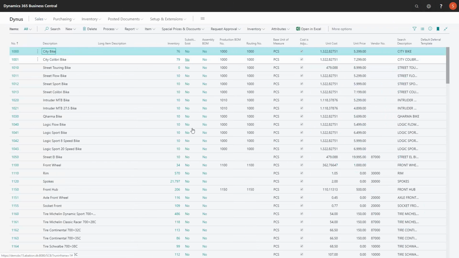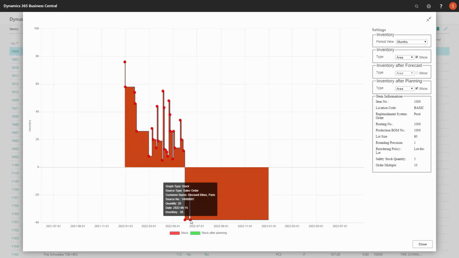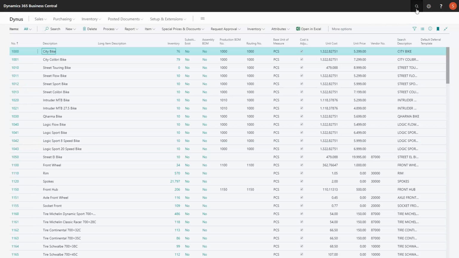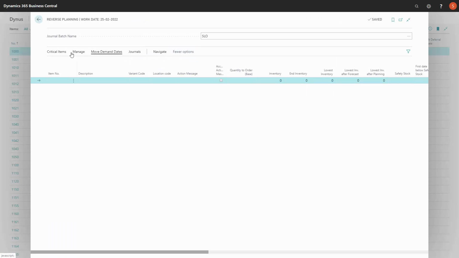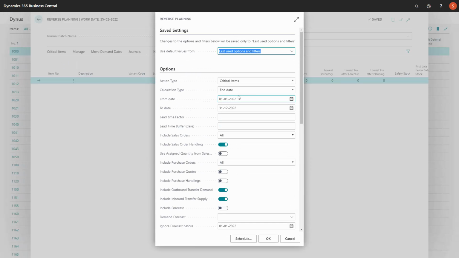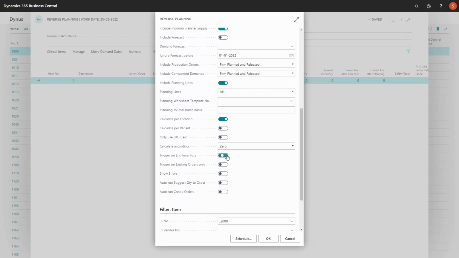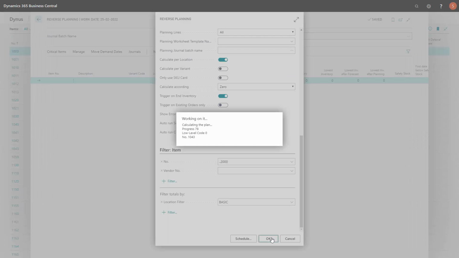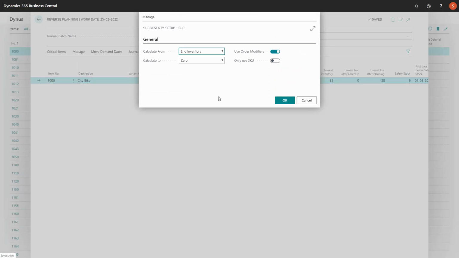If I look at the graphical profile now, I will expect the inventory to be somewhat zero. So I have a lack of 38 pieces and it will make noise on other sales orders. If I enter the reverse planning, first what I would like to do is to calculate for critical items, finding critical items, and I would expect at least this sales order to be critical, looking only for end inventory and on location code basic. This will provide at least this one line, and I could suggest quantity to order, and